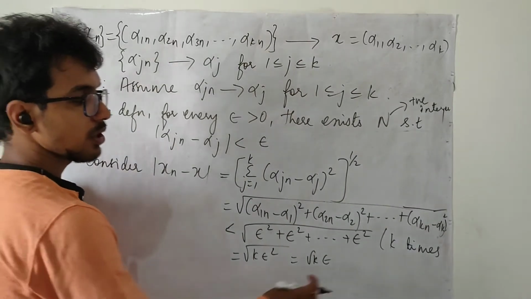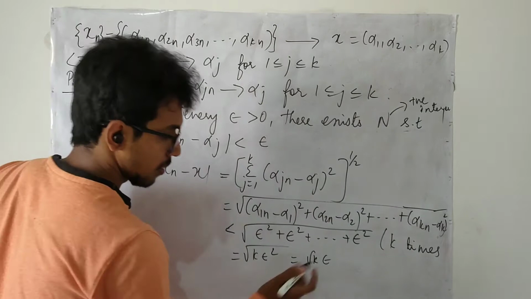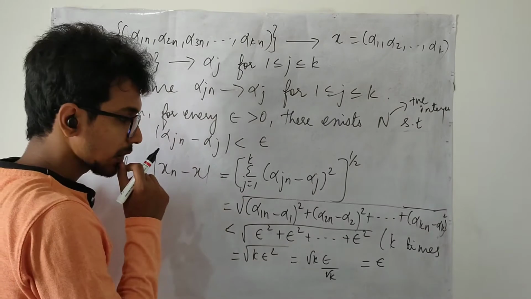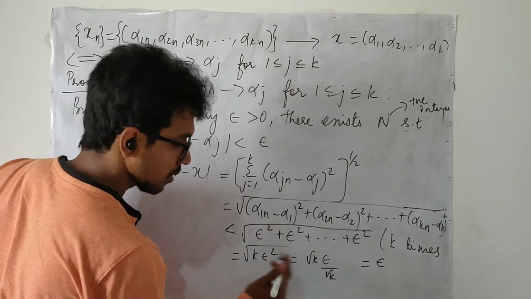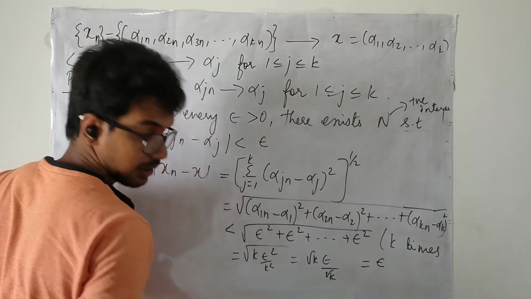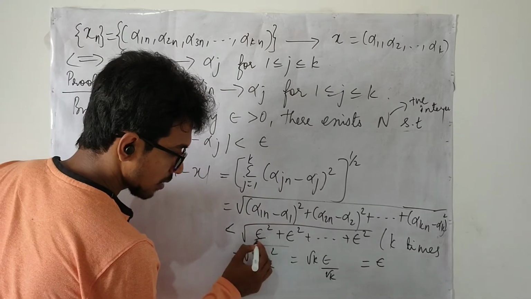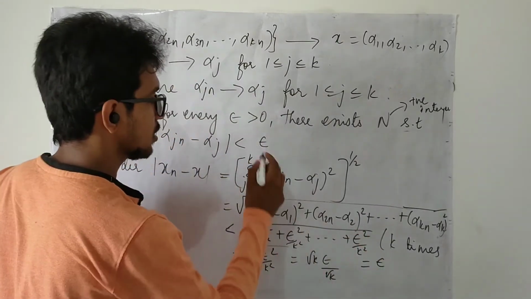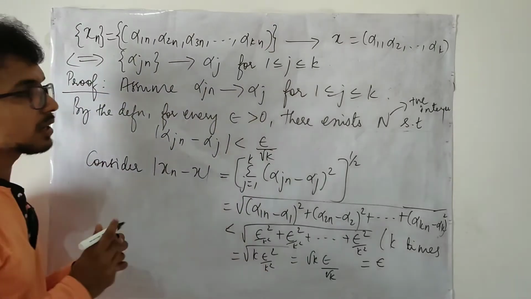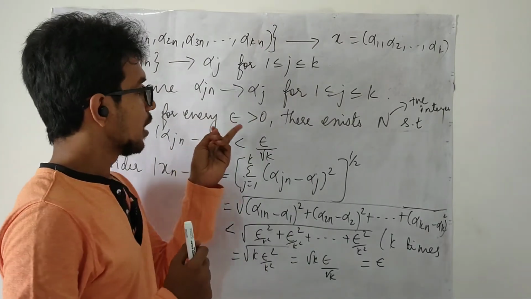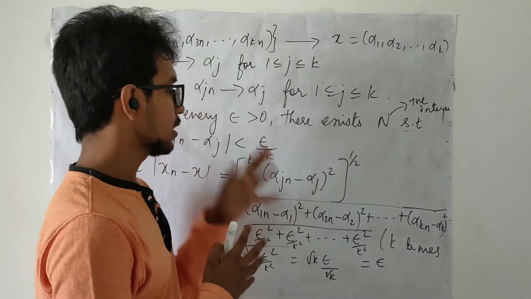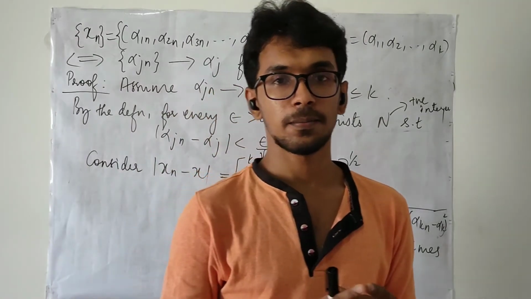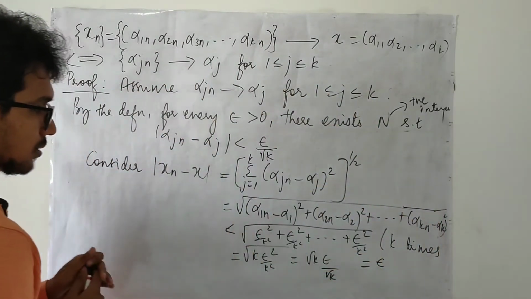Right. Suppose I wish to have epsilon here. What should I have here? In order to have epsilon here, I must divide this by under root k. Okay. When I must have under root k here, I must have k square here. If I have k square here, then I must have k square in all these terms. When I must have k square in all these terms, I must have under root k here. Right? You may notice something. Epsilon is some negligible quantity, which means epsilon upon under root k is also some negligible quantity, since k is a positive integer. Right? So this tells you what?